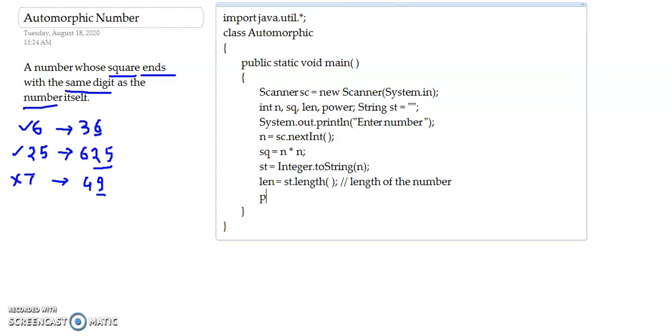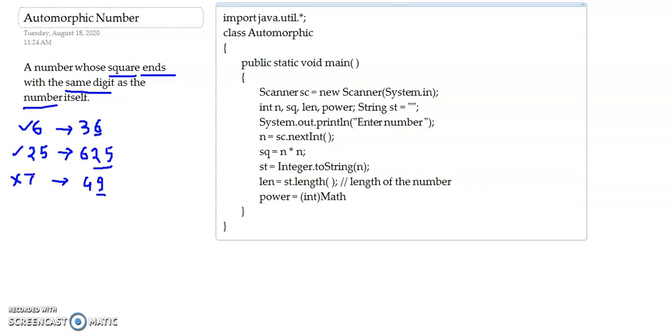So first, for this I am going to use the Math.pow function. As Math.pow gives us the output in the form of double data type and we are going to store it in an integer data type, we have to typecast in this part.